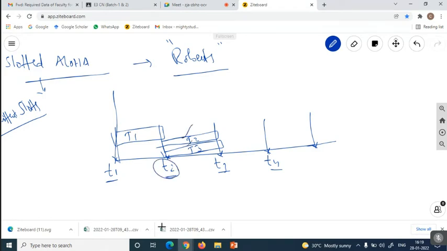If you want to transmit T2, it is in collision with T3. If you want to transmit T3, it is in collision with T2. So now, how much time does T3 have to wait? Take the frame time as TF.